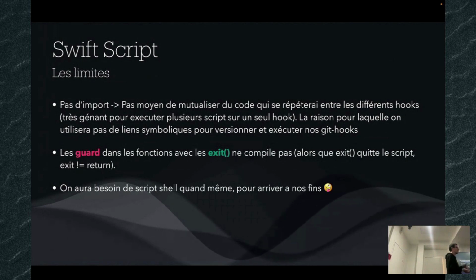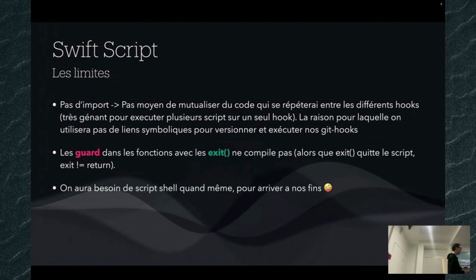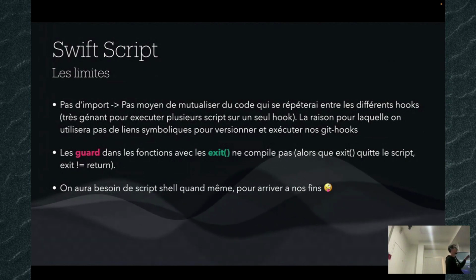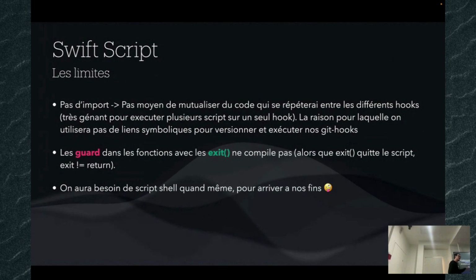We don't need a return in the guard because exit already makes the job, but the guard says I need a return or a throw to do it. So it's not clean, but it's not a real limitation. It's just that you should pay attention with the guard when you are using a function in script. If you try, you will see quickly what happened. And the last one is you will need script shell anyway.